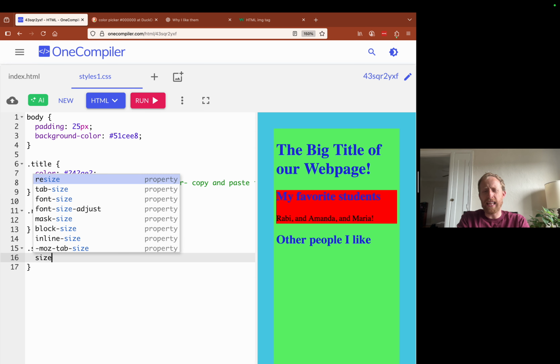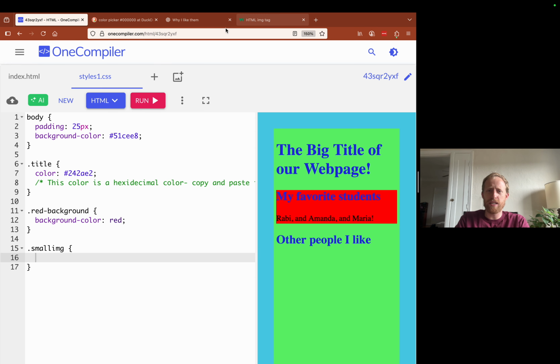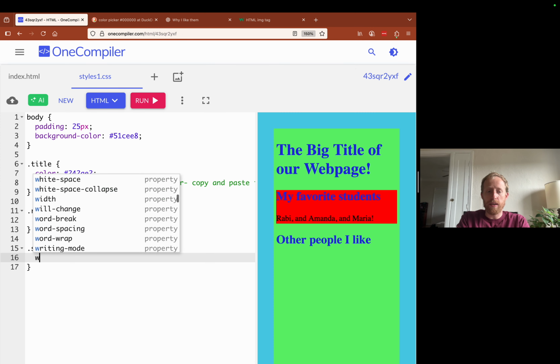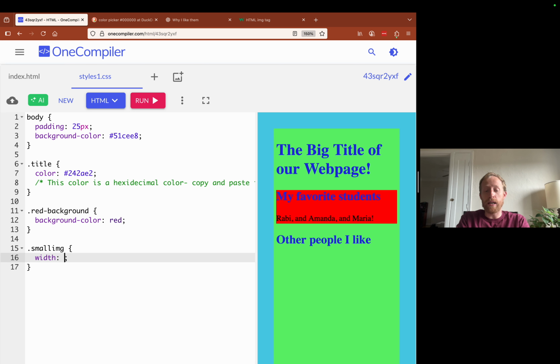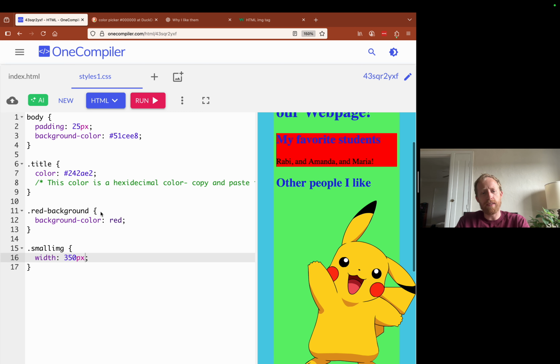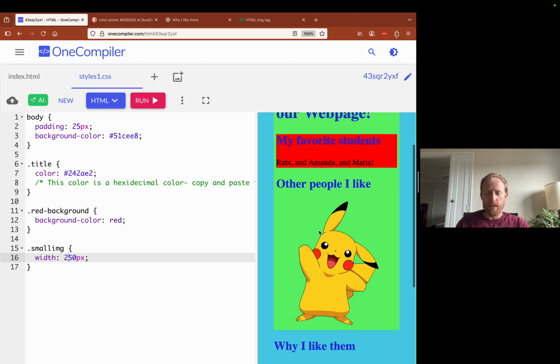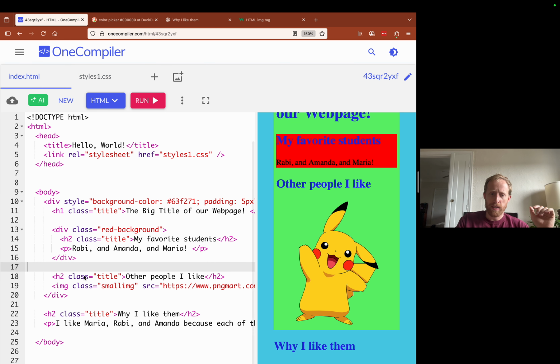And now I'll do what you guys said. I actually can't remember the name. I gotta specify. Oh, I know what it is. I was like, what do I write here? So would it be a pixel? Exactly. So let's just specify width. You can also specify height, but I'm just gonna do width, and then it should automatically adjust the height. So now I've specified the size. That's even a little big, so we'll make it a little smaller. And boom, just like that, there we've got Pikachu on our webpage. And now we've adjusted his size, calling it small image. So that corresponds to this here.